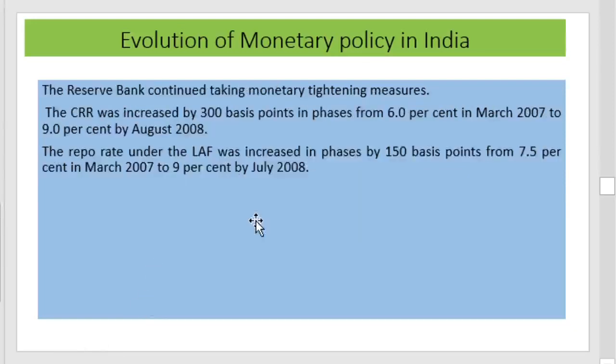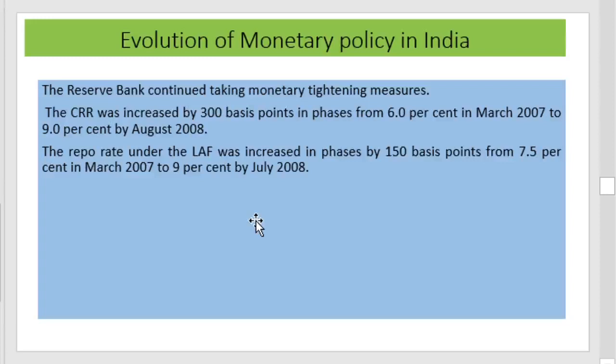The Reserve Bank continued taking monetary tightening measures. CRR was increased by 300 basis points in phases from 6% in March 2007 to 9% by 2008. The repo rate under LAF, the liquidity adjustment facility, was increased in phases by 150 basis points from 7.5% in March 2007 to 9%